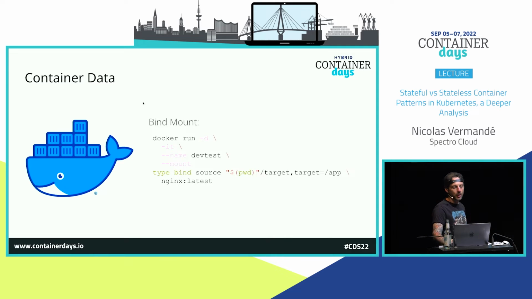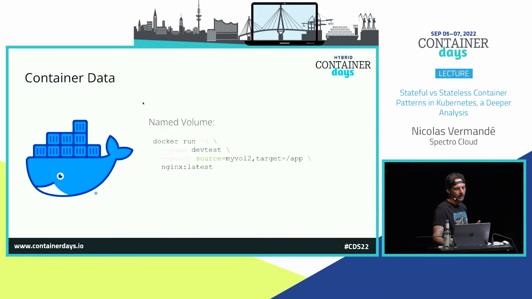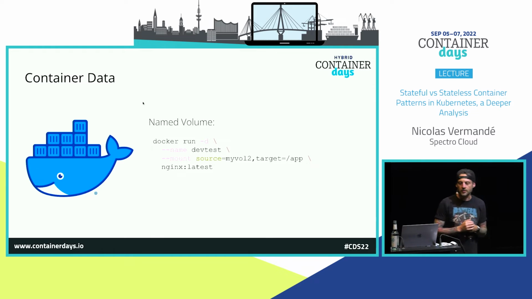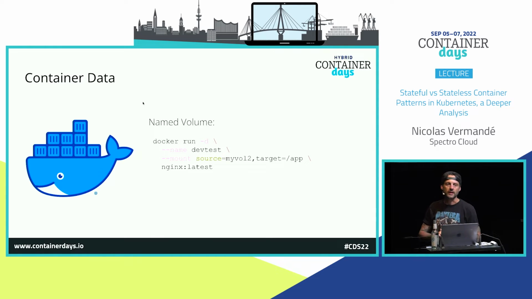So bind mount in Docker simply means that you have a directory existing on your host, and you can run this type of command when you specify the source, the target, and the name of the container. As easy as that. But it was not ideal. Then you had named volume in Docker, which probably is the way to go, because the volumes are entirely managed